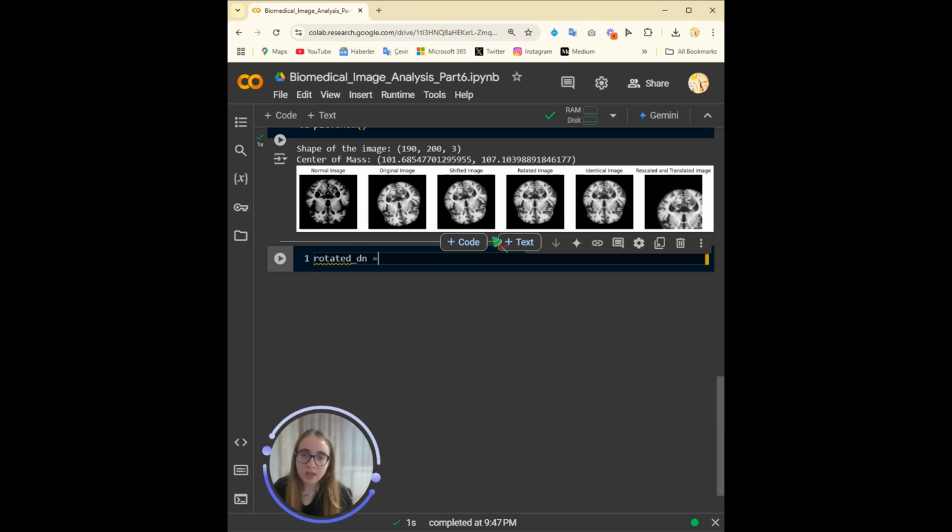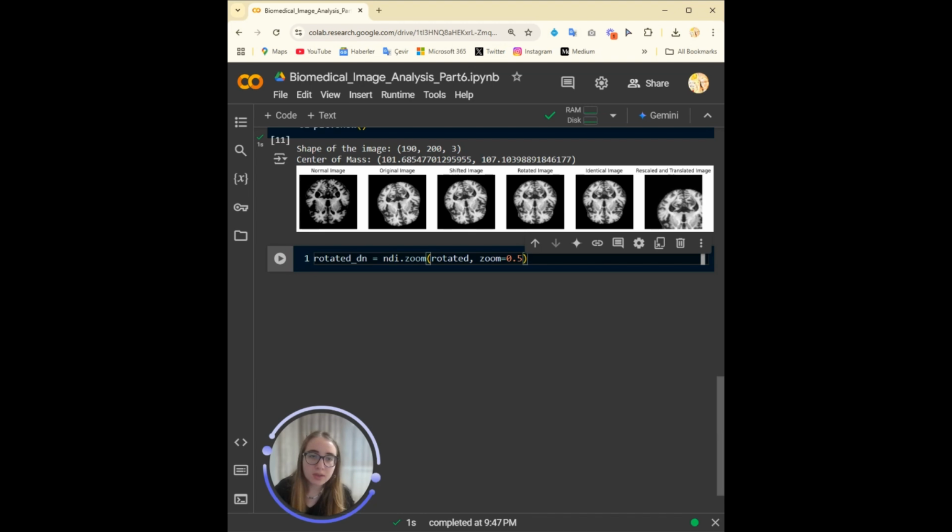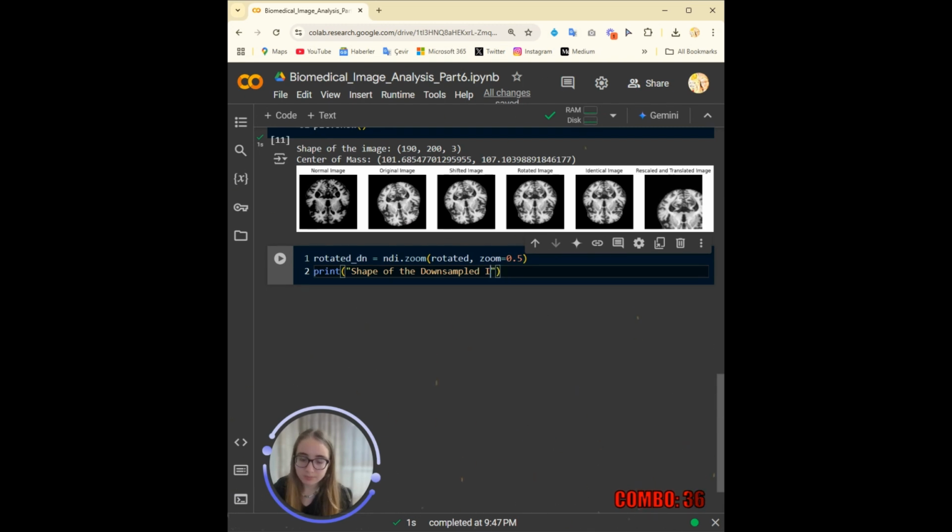Say rotated downsampled, ndi.zoom rotated and zoom 0.5. And this will basically reduce the number of elements on each axis by half, as you can see here, and downsample it. You can also print the shape of the downsampled image, dot shape.